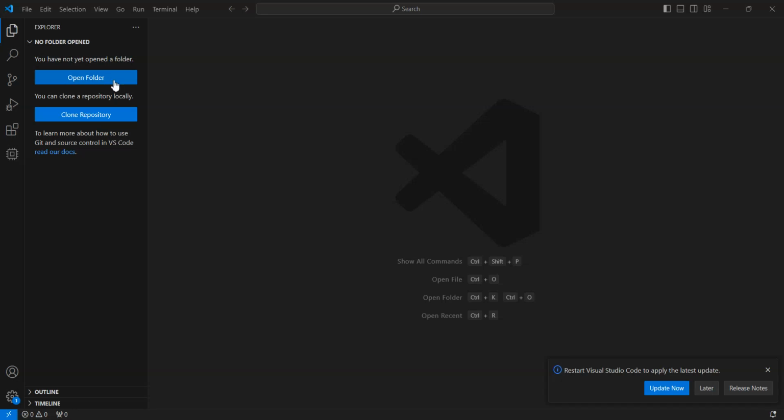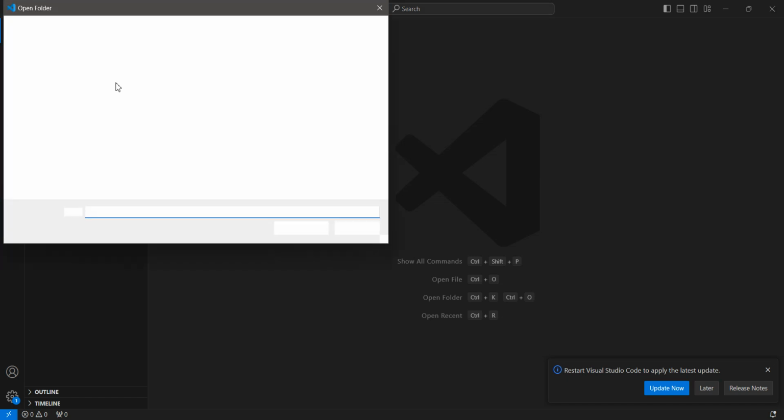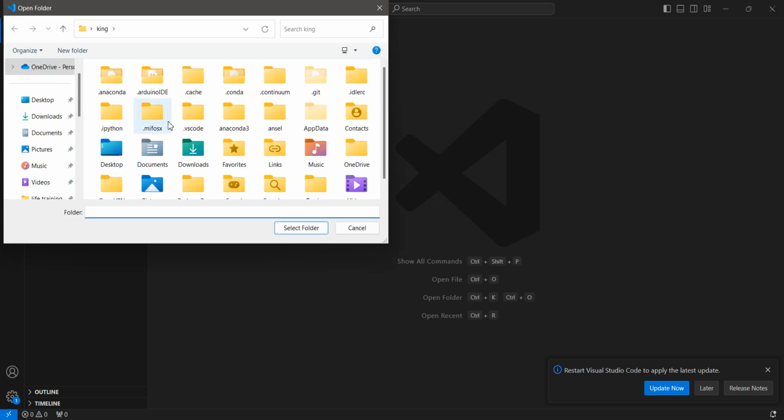So first thing is, now you can see here folder. Now you have not yet opened the folder. Either we create a new folder or we open a folder. I think we did create one folder on our desktop. I hope we remember when we started. We can just click there and go to our desktop and open that folder instead of creating